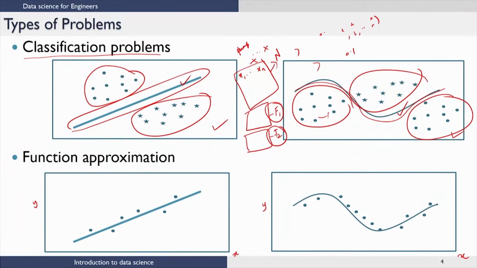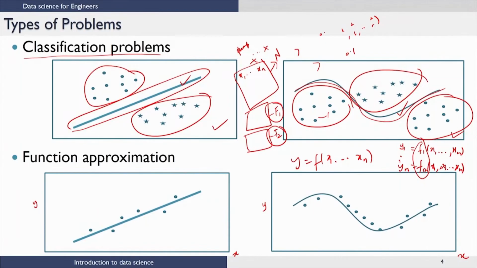However, you could have many attributes and the output being a function of many attributes. This is also a function approximation problem. Or you could also have many outputs which are a function of many attributes. So, this is also possible. So, function approximation is the task of finding these functions, and whenever we write a function, this function is typically